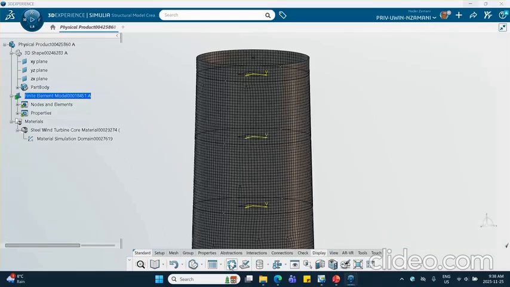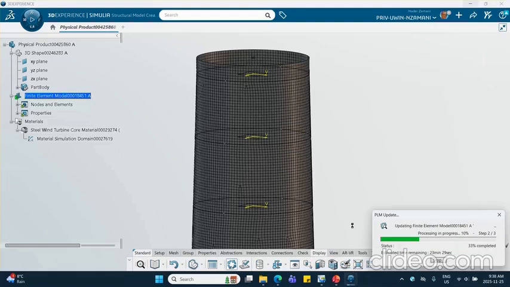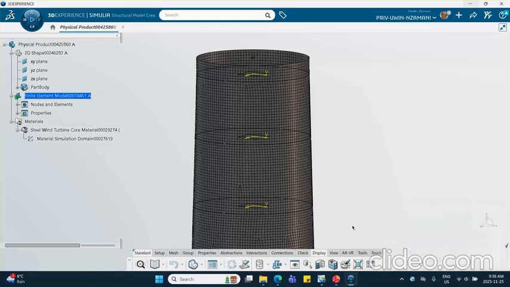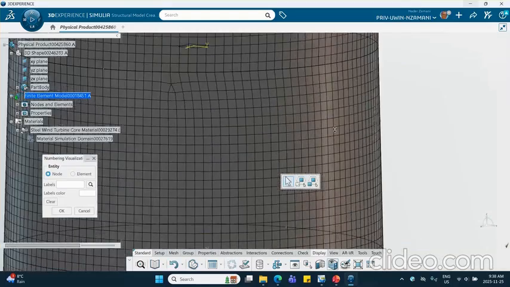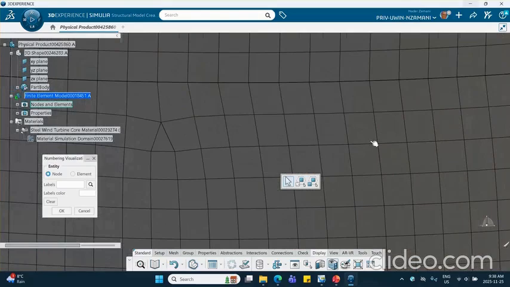Say update. Give it a minute. Okay, good. If we click on this, which says numbering visualization, and if you zoom in,